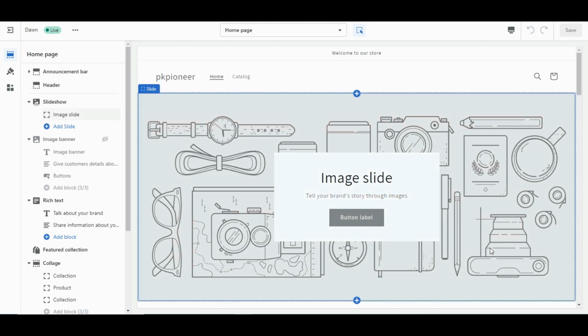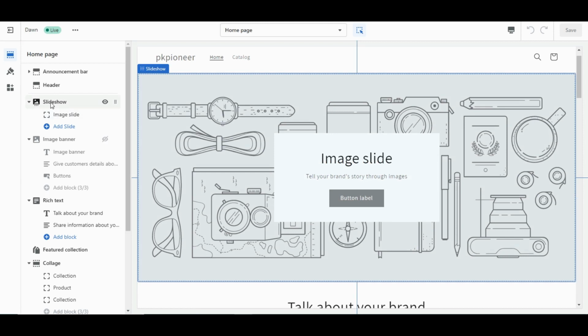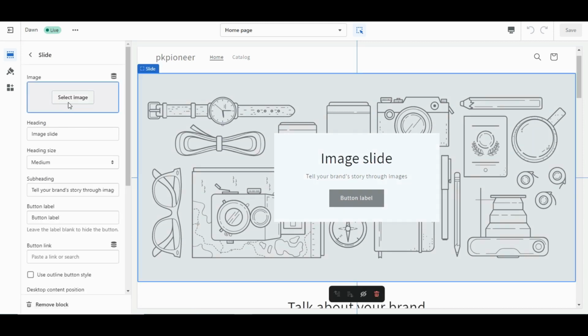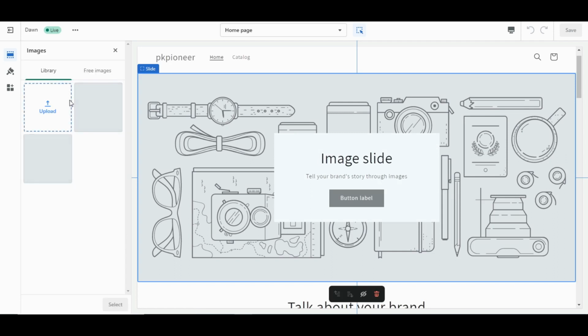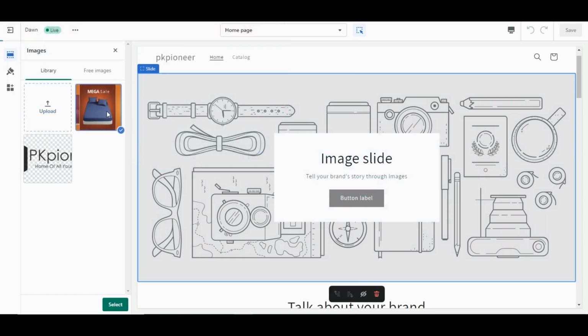Now website landing page will appear with theme settings on left panel. Here click on Slideshow tab in left panel. Under the Slideshow tab you can see Image tab. Click on Image tab. You can select an image from the list or you can upload an image from your